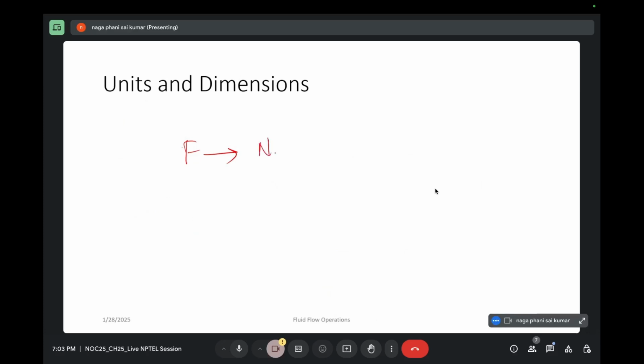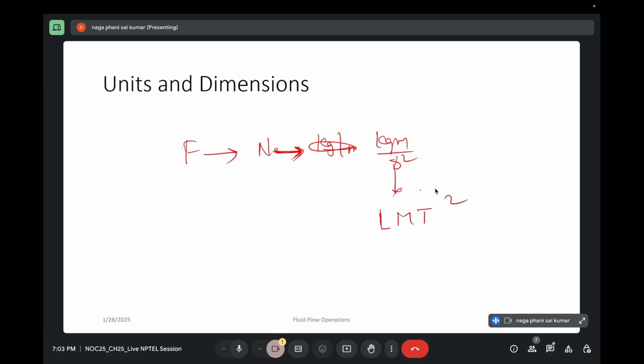Can you expand this Newton? kg meter per second square. Okay. So if you write this in dimension form, it will be